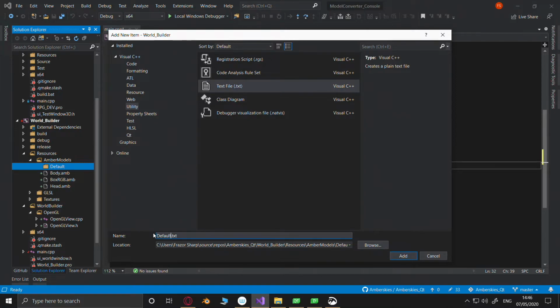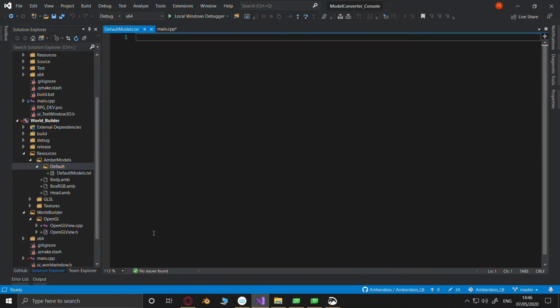Now, luckily, we know how to do text files. This is a list of the default models to be loaded.